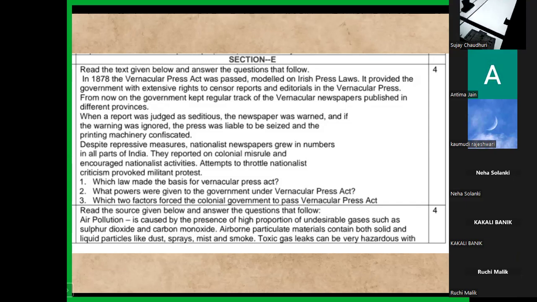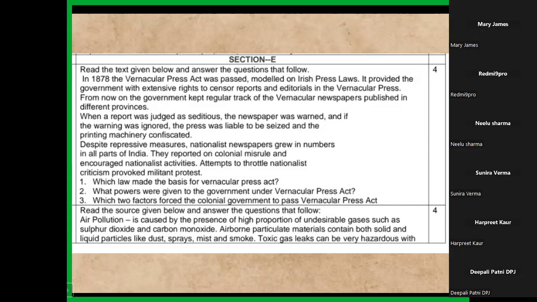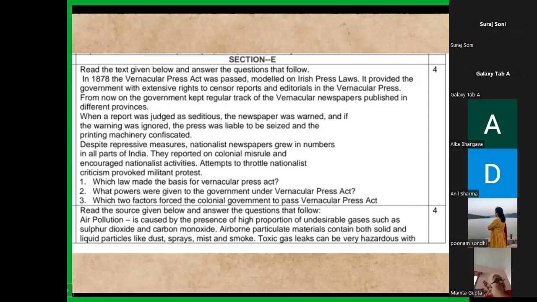So please make children understand, or even when you prepare the answer key, ensure that either there is only 1 correct answer, or if the answer is in more than 1 line, incorporate all those lines and tell the child that the question may be for 1 mark, but if there are 2 or 3 lines, the child must use all those lines.